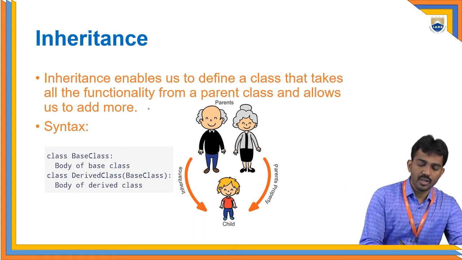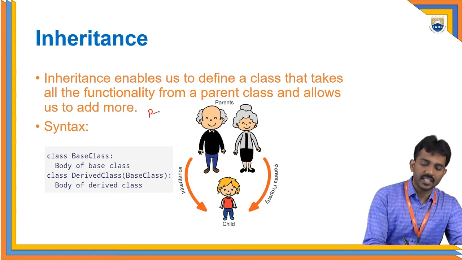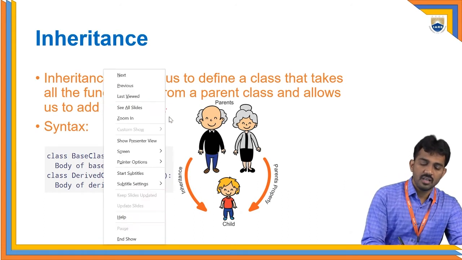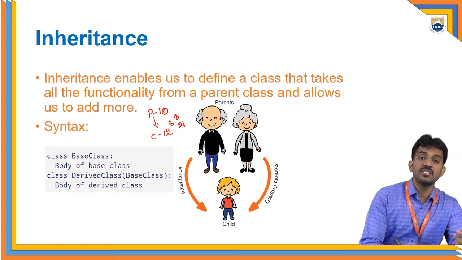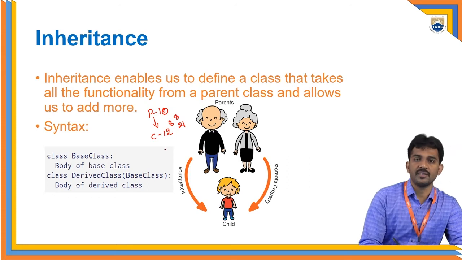For example, if you consider the parent has 10 characteristics, and the child has 12 characteristics, including 8 that are already in the parent class. Then you simply inherit parent to child. You can use 8 characteristics and add 4 extra. That's all. No need to write each and every characteristic, meaning the variables used in the parent. Directly you can use them. No need to define them here.